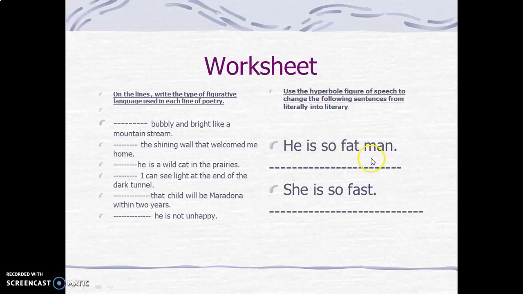He is so fat, man. You have to think of it and tell me later what it could be. She is so fast. Instead of saying she is so fast, you can say she is as fast as, and so on. Or here, he is so fat, man. You can say another thing, but you keep the same meaning. Okay,